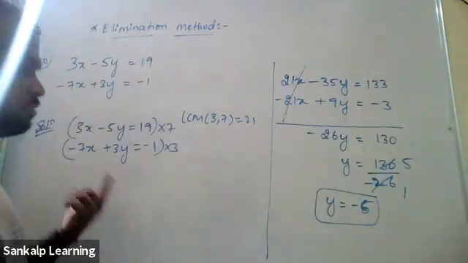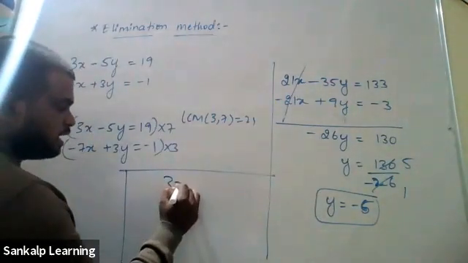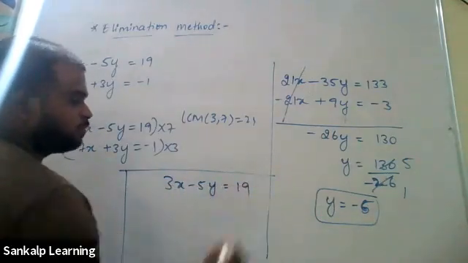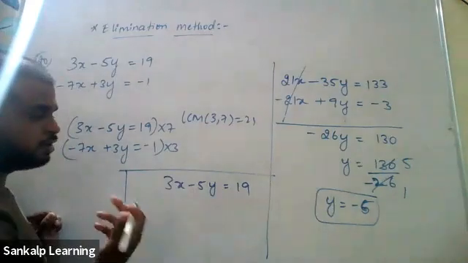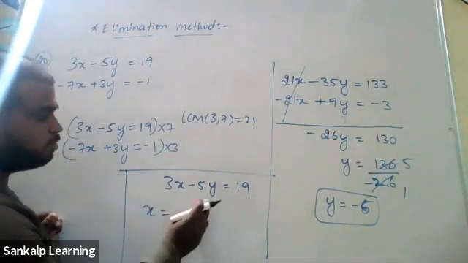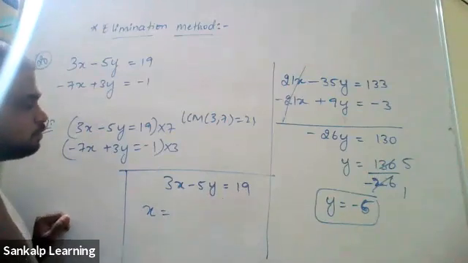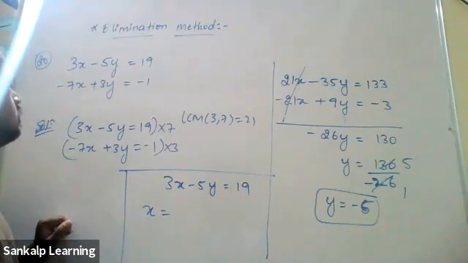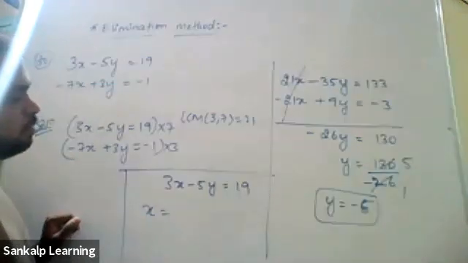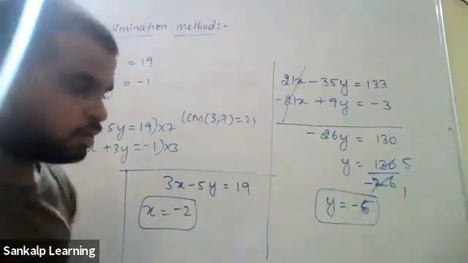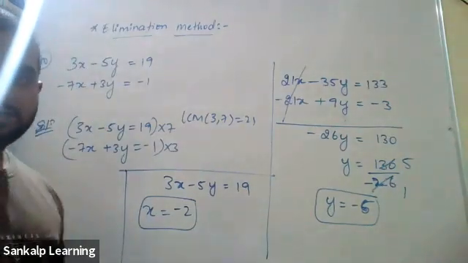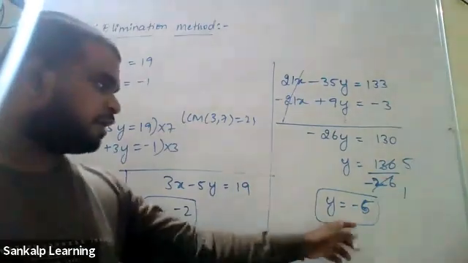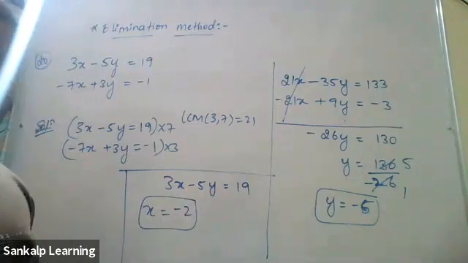Minus 5, substitute in the first equation. What is the first equation? 3x minus 5y equal to 19. Substitute the value of y here, and you will get the value of x. I guess you should get the value of x as, what is the value of x? 25, so 6 minus 2. Minus 2. Yeah, the x value is minus 2. Is that clear for everyone? The x value is minus 2. The y value is negative 5. Do not write directly like what I've written. Do the steps and write the answer.